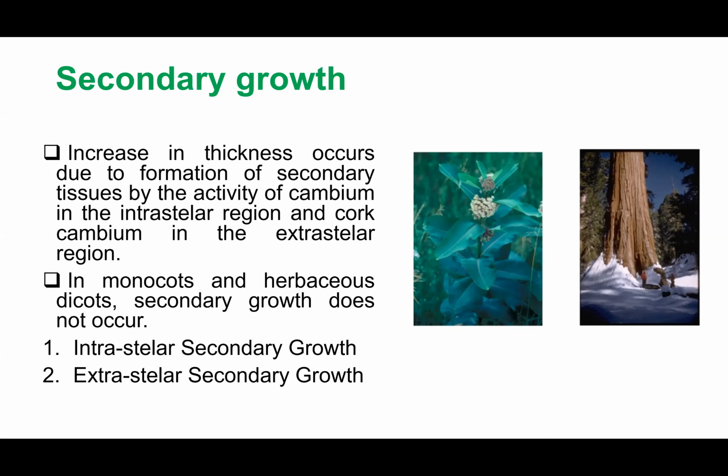So the vascular cambium and the interfascicular cambium will join and form a ring, and it will give rise to secondary xylem on the inside and secondary phloem on the outside. Apart from this, you have cork cambium coming from your cortical cells, which will give rise to secondary cortex on the inside and cork on the outside, because of which you will have a periderm formation. So all this we are going to see in the coming slides.